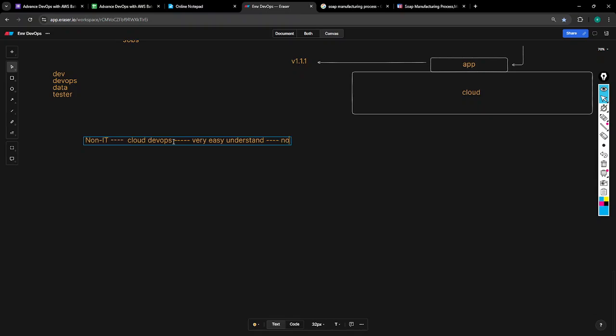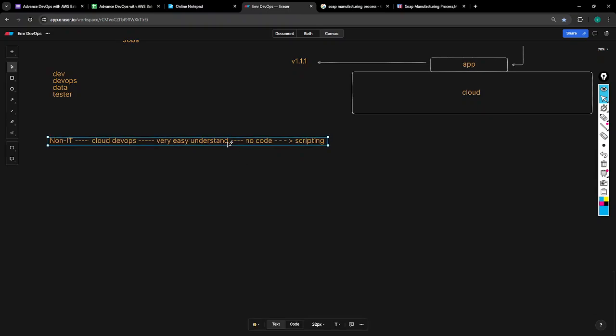There is no code in it. There will be scripting. I'll tell you the difference, there's a lot of difference between coding and scripting. Non-IT people can easily come to cloud and DevOps, reshape yourself and find a job easily.